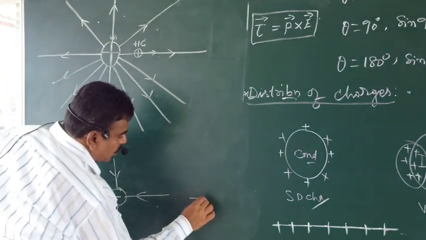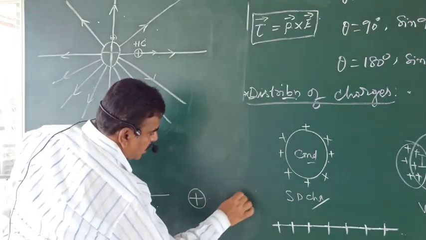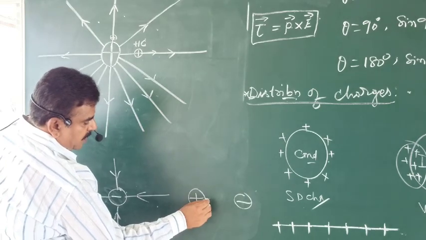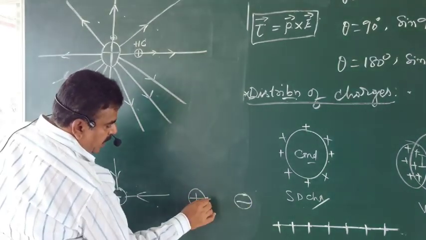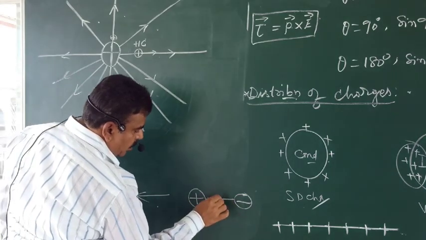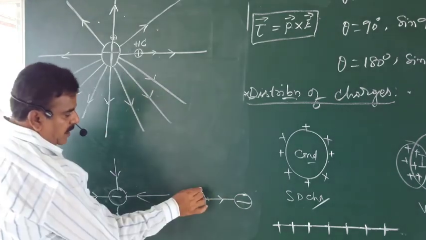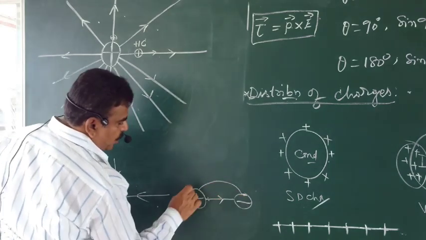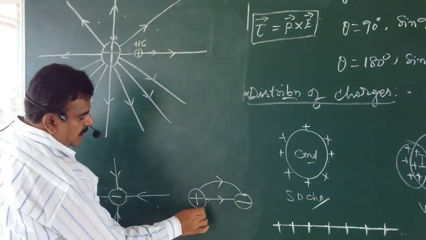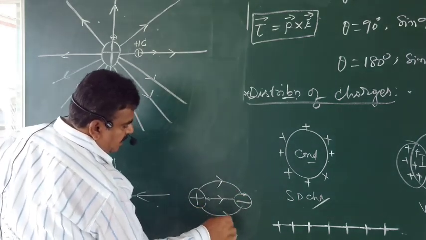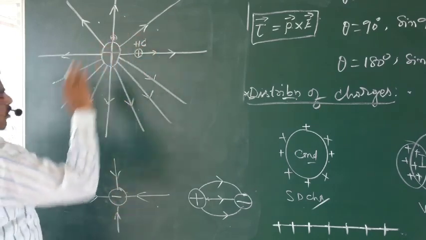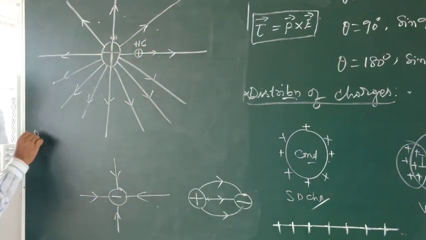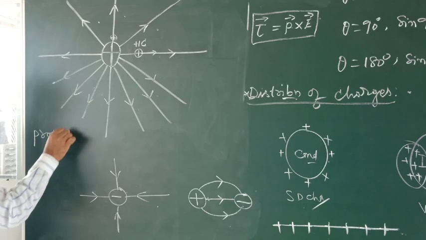If there are both a positive and a negative charge, think about it. If I leave a positive charge here, this will push, that will pull. As a result, this charge will move like this. This is the field line. If I leave it here, this pushes, that pulls. As a result, the field line will be like this. Okay? Now, the properties of these field lines. What are the properties of these field lines?